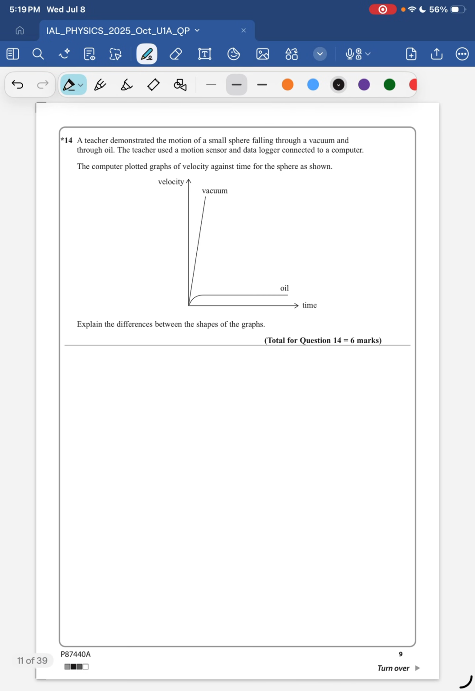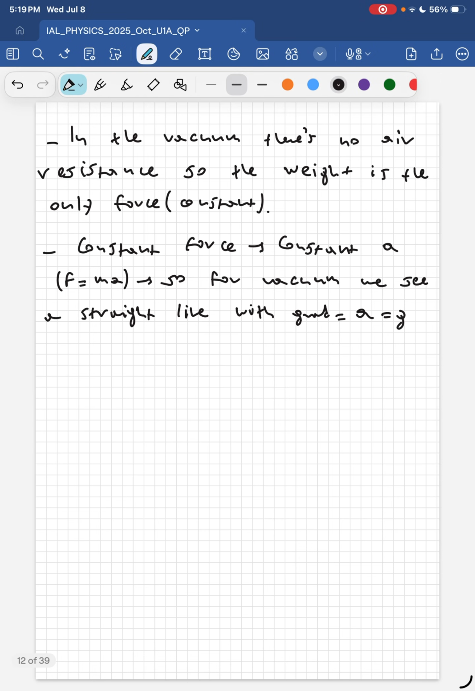So this is why we see this straight line, because from the gradient we get the acceleration, okay. I don't know why I did this, but you get the idea, okay. You find the gradient of this line, you get the acceleration, okay. Now for oil, in oil, okay, the sphere starts slow, so the drag is small,